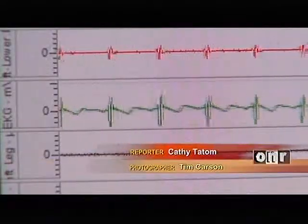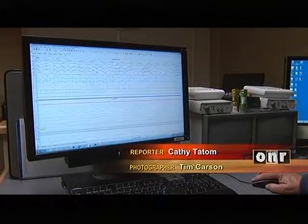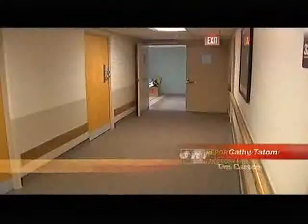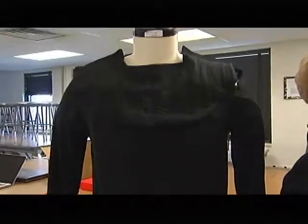Machines that monitor a patient's vital signs in a doctor's office or hospital can be big and bulky, not to mention plugged into a wall. Getting to a facility for monitoring can be inconvenient, especially if a patient lives in a rural area. So Dr. Bruce Benjamin decided to create a shirt capable of collecting and transmitting a patient's vital signs from his